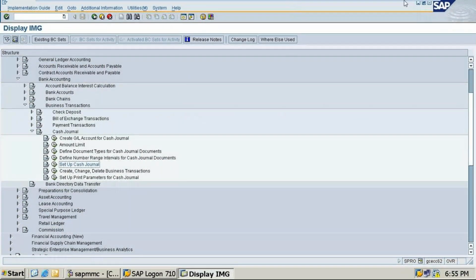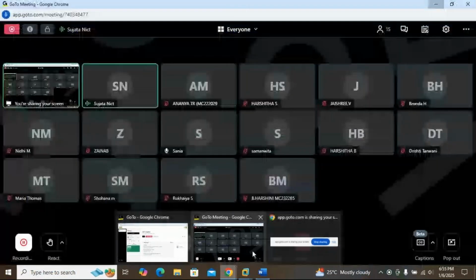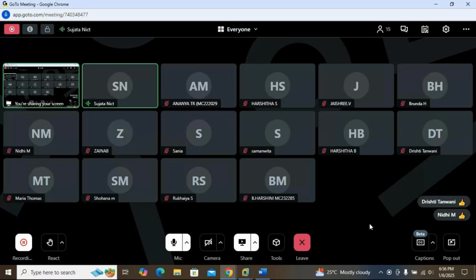Clear, students? Any doubts? You understood all this? If you are understanding, put your response. Okay. The entire notes about the cash journals I'll send in the group today, and follow the recordings also. For a few minutes I have not done document parking postings, I could not record. So this cash journals recording will be there.